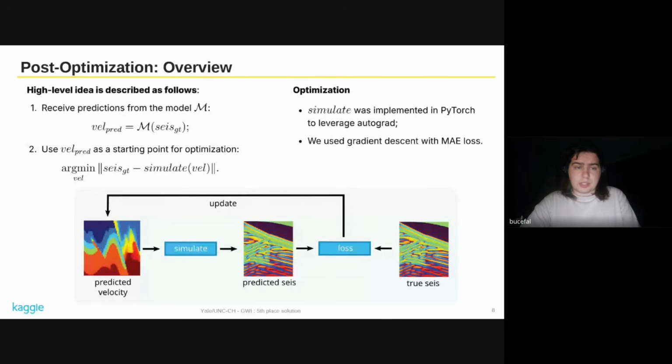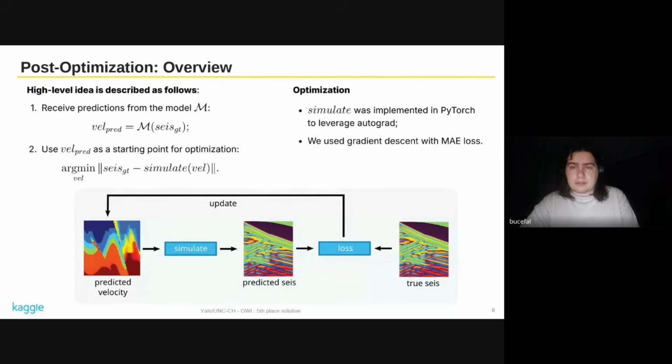And we use these velocity maps as a starting point for our optimization. We minimize the norm between ground truth and our prediction.